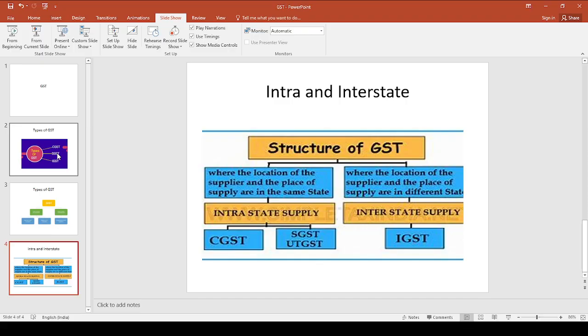Now, let us see what is an interstate transaction. In case of an interstate transaction, the movement of goods will take place beyond the boundaries, or we are crossing the boundaries of a state. Say for example, the buyer is in